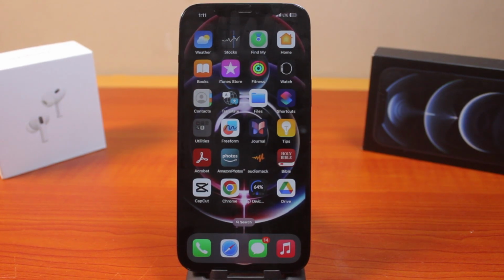In this video, I'm going to show you how to turn on password autofill on iPhone. So most times when you fill in an iPhone or you need to type your password, you need to manually do this. But with the password autofill turned on, your iPhone will automatically fill in your password whenever the